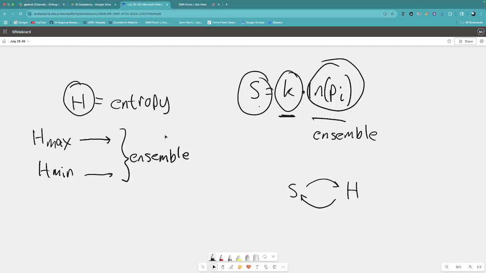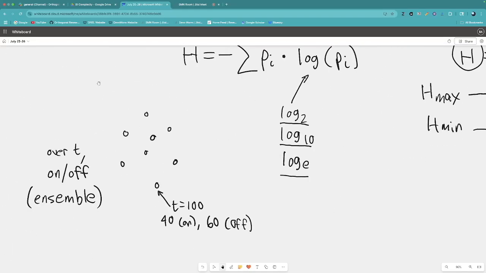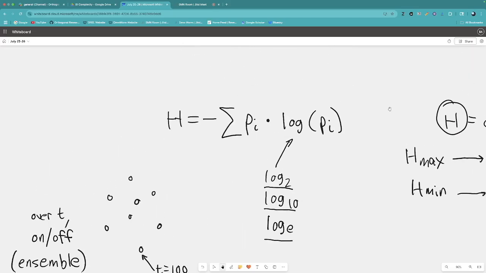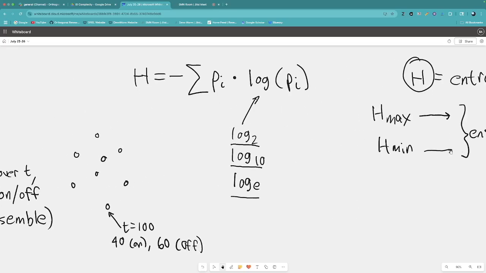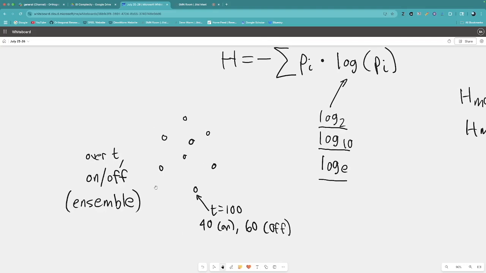So what we do in both information entropy and in thermodynamic entropy is we're interested in this ensemble, this group of things. We're interested in either summing them or calculating the log transform of them, and then using a physical constant to look at the overall state of these things. So we're always using an average of the ensemble or a summary of the ensemble to get an answer. We're not interested in the individual behavior of these things, although that can be important as well, but we're interested in the overall summary.